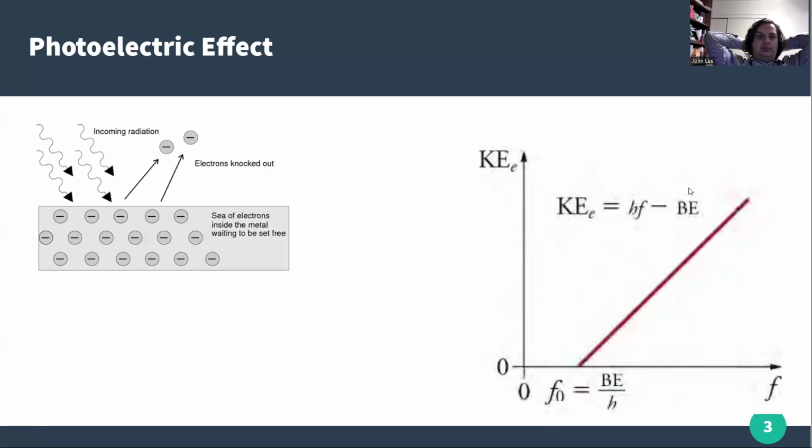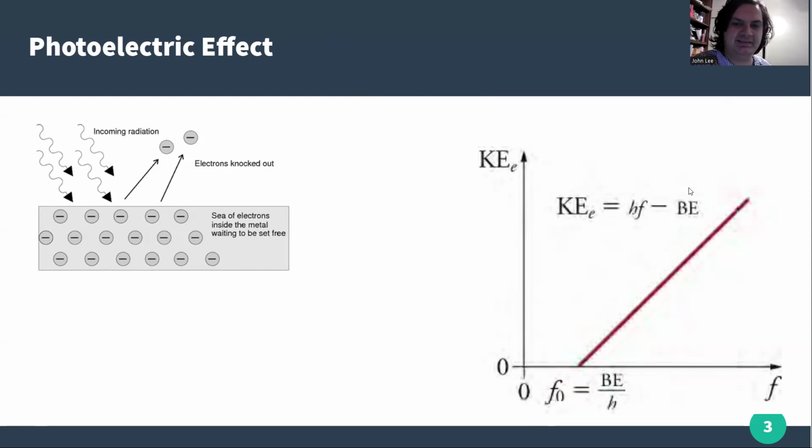radiation, electromagnetic radiation, at a sea of electrons inside a metal, then that's going to knock the electrons out, and they can be picked up by another sensor, which is going to read the kinetic energy of the electrons. So what Einstein found was that the kinetic energy of the electrons was equal to hf, which is Planck's constant times the frequency of the light that was input, minus BE,